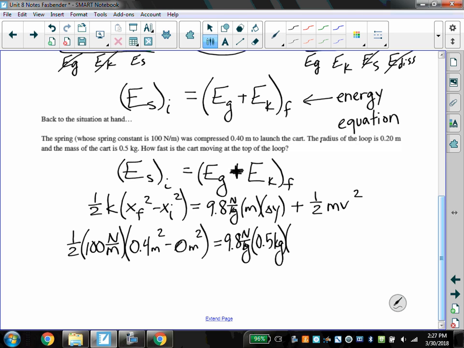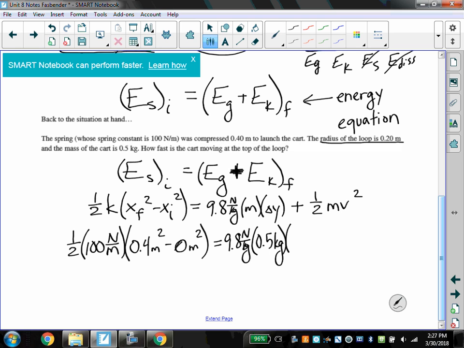And the cart is at the top of the loop. So I believe that means that it's the diameter. Right, so we could say that our delta y then is 0.4 meters, and then we will add 1/2 times 0.5 kilograms